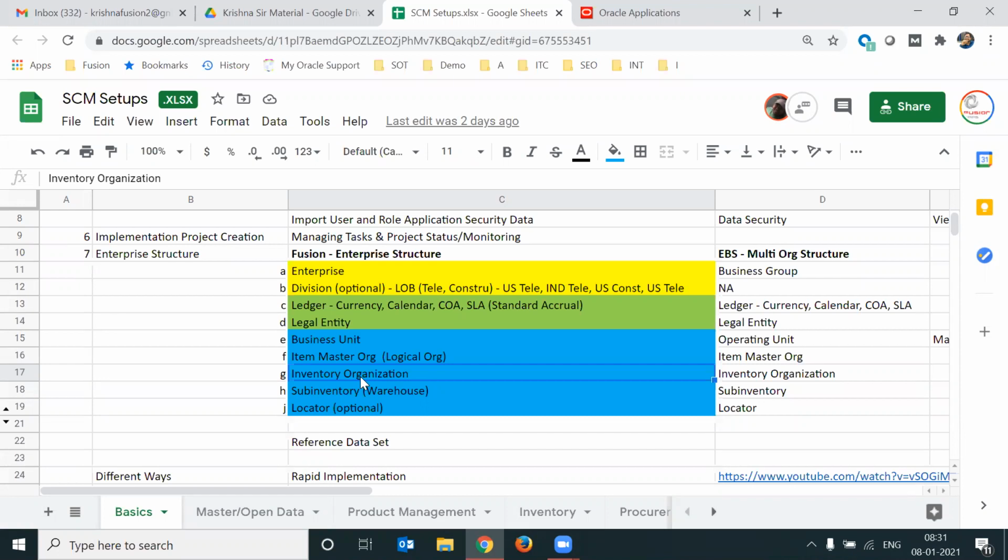So the business terminology for inventory organization is different from business to business. If you are into manufacturing, then the inventory organization is nothing but a manufacturing plant. For a training stream, it is called an institute. And for other businesses, you might call it a branch, or you might call it some other word. Inventory organization is a technical term. The branch, plant, and institute are the business way of calling it. Okay.